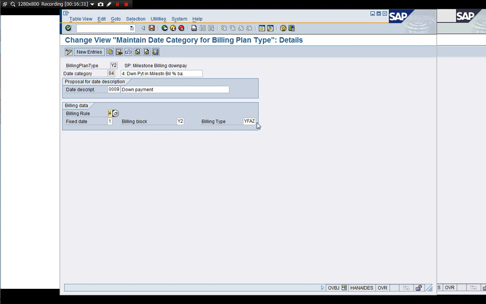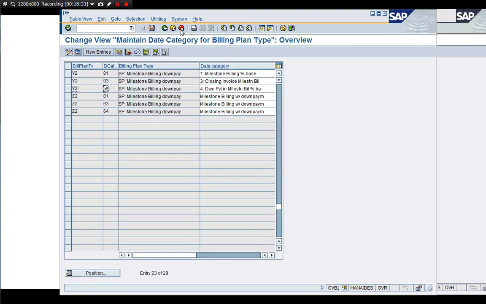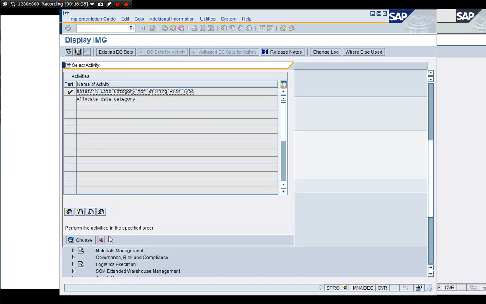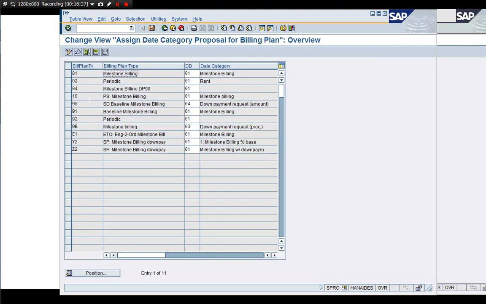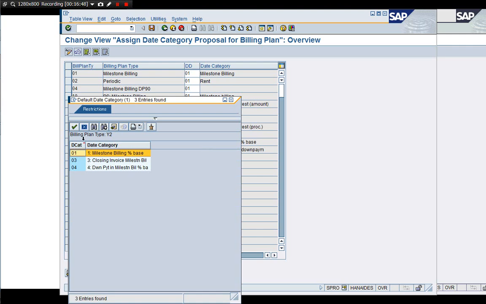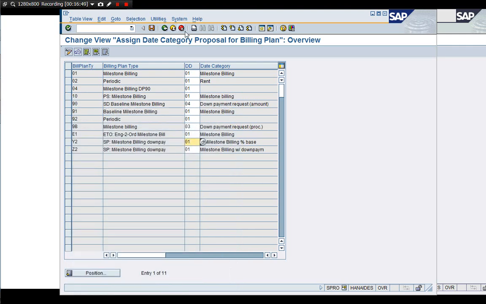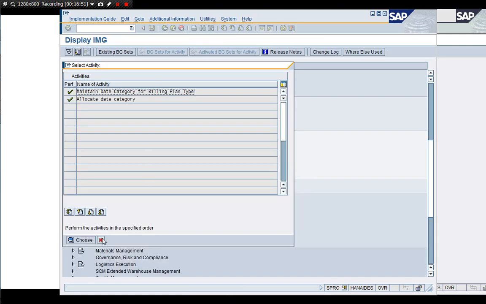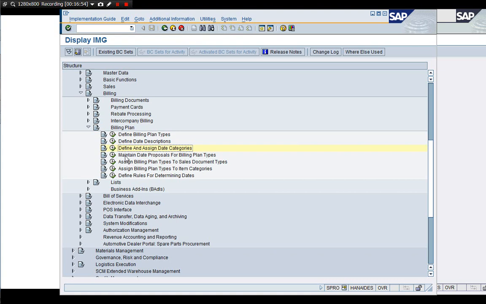Billing type YFATs, and this, we have to do that to assign this here, right? And this billing plan is